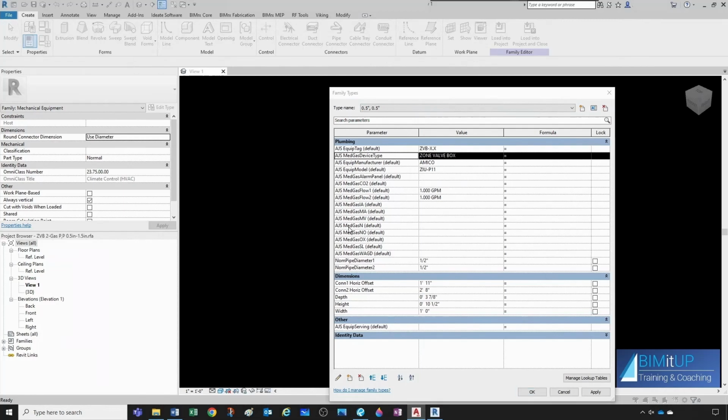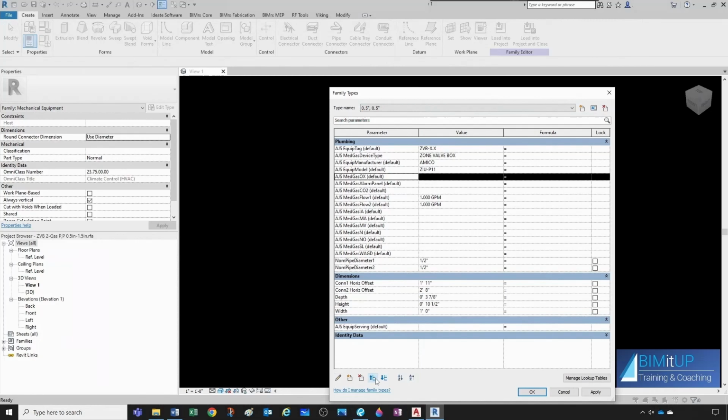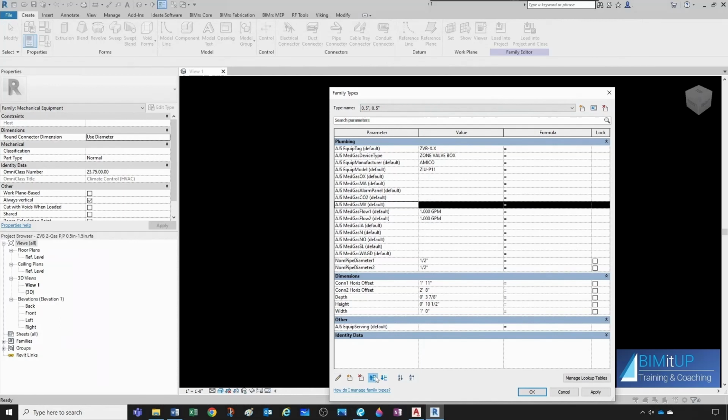Now I want my gases, so oxygen is going to be first, then I have medical air, then medical vacuum, then nitrogen,